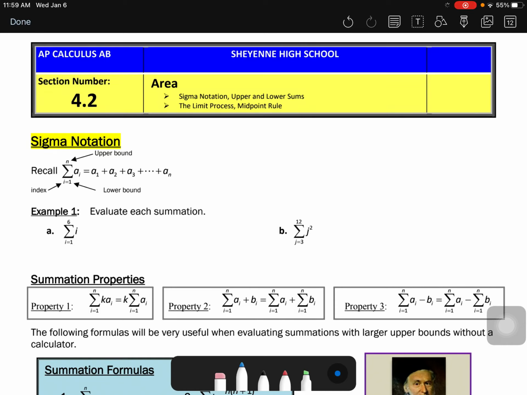Hey, AP Calc class, we're going to start a whole new unit, and really this is taking us into the other half of calculus, which is the integration process. In any operations in mathematics, you have an operation and then its inverse operation: addition, subtraction, multiplication, division, squaring something, square rooting. So we've been studying derivatives, and now we're going to get into